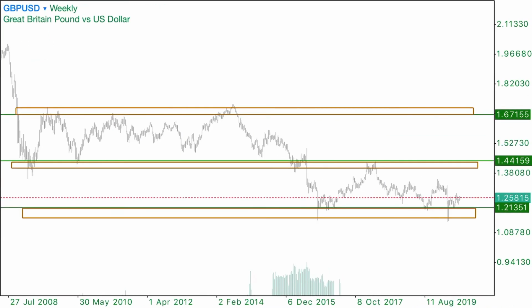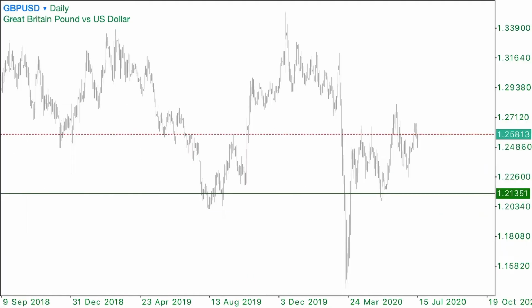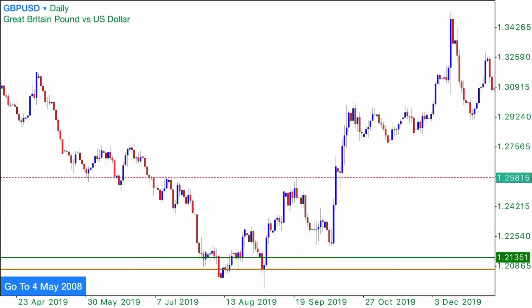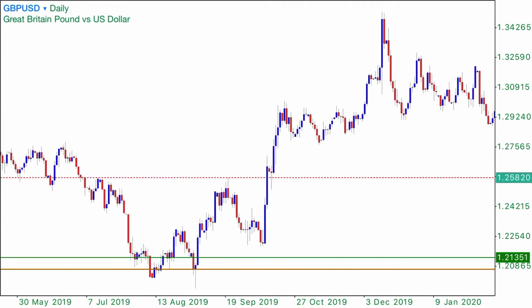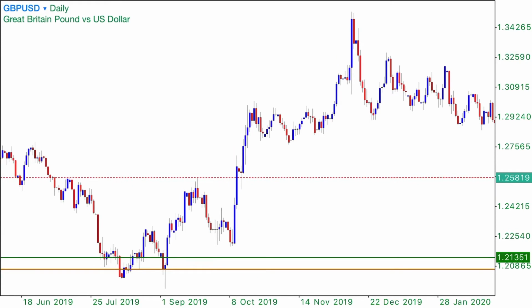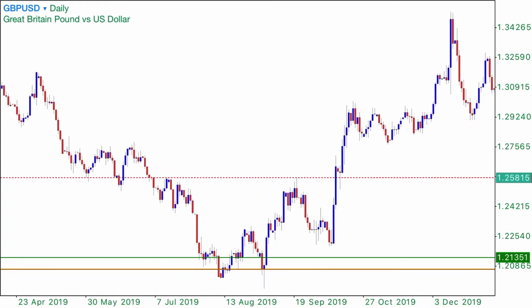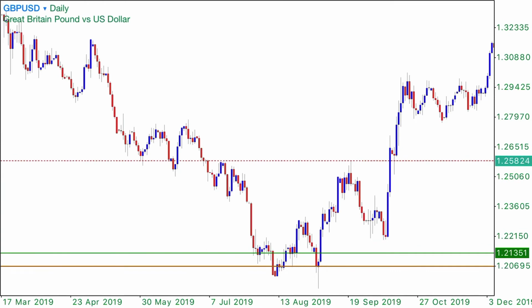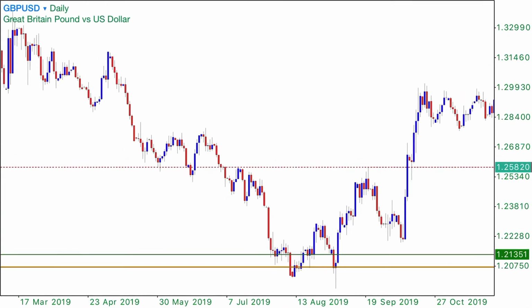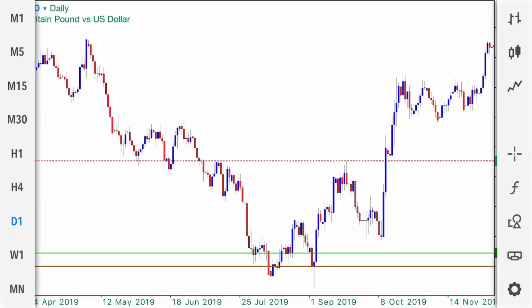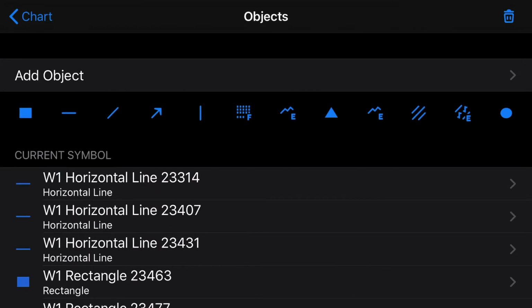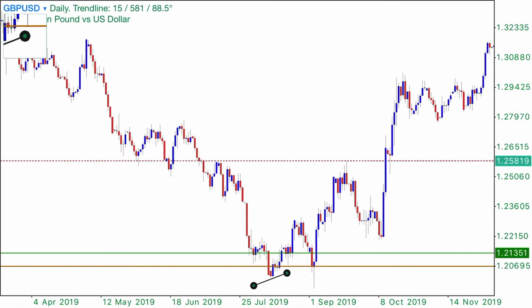All right. So having drawn these weekly zones, we move to our daily chart to see how price is reacting around these zones. So we are not interested in past data anymore since we've already gathered what we want from the weekly time frame. As we can see here, we saw rejections, we saw a huge move to the downside, price giving us a double bottom reacting to this weekly zone,